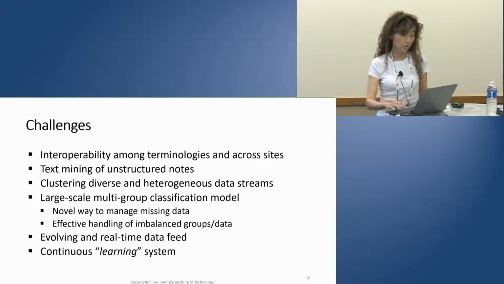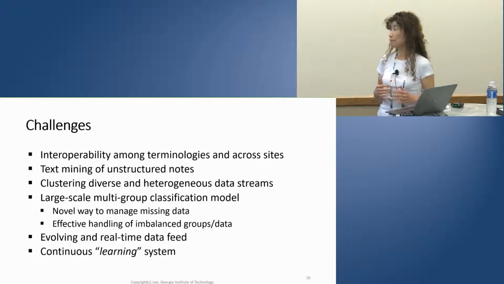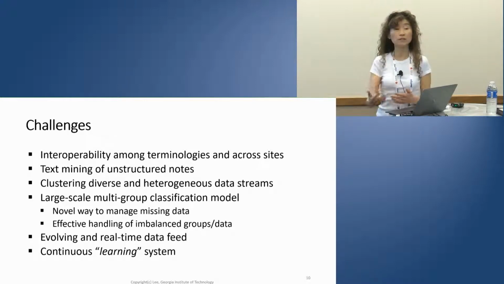Then you do large-scale classification analysis, and truly, how do you manage missing data versus data that simply is not there, right? For example, if I come in, I have every month measurement of diabetic glucose level. But another patient comes in, all that they have is maybe every 3 months or once in a while they have that information. How do you use those in the most effective way so that you don't just delete all these patients